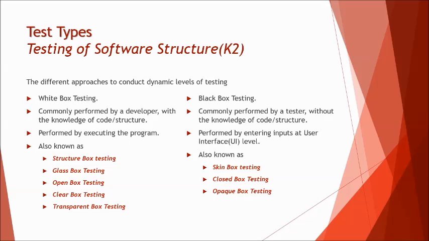You don't know what is written behind it and how exactly this field is working. When you enter a valid input, it is accepted. When you enter invalid input, it is rejected. So that does create a difference between these two things and the parameters. Today, I hope we have understood the difference between white box testing and black box testing,